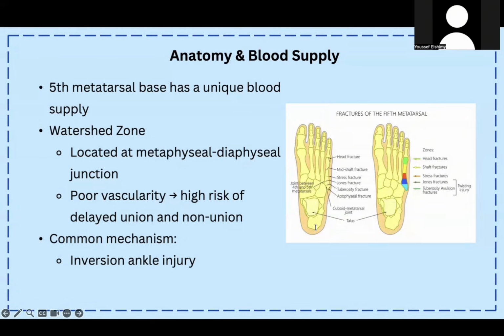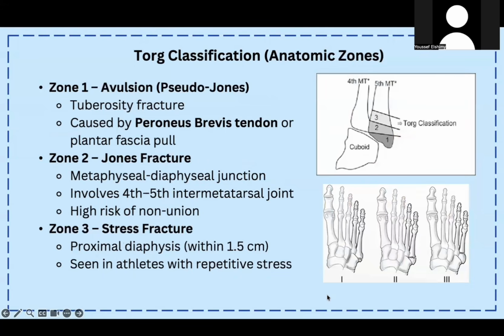The most common mechanism of these fractures is an inversion injury of the ankle where the foot twists inward. So how can we classify those fractures? We use the Torg classification. The Torg classification divides the fifth metatarsal fractures into three zones based on location as well as healing potential. Starting with zone one